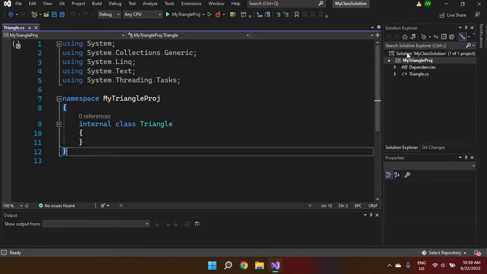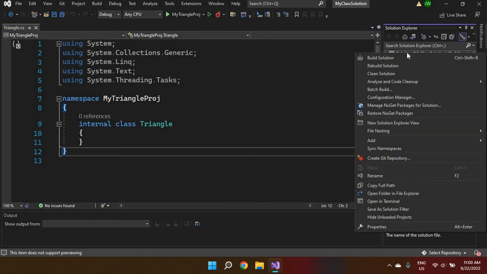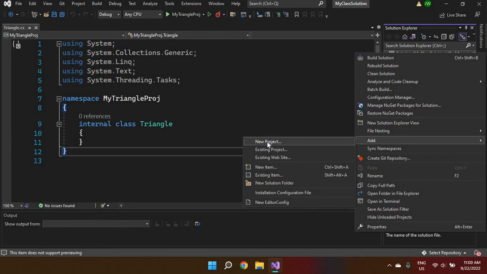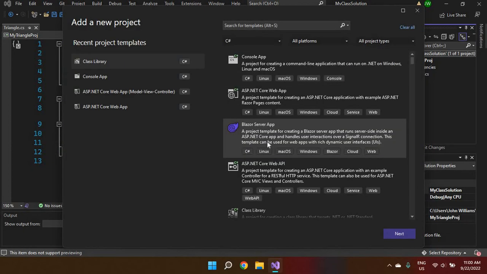I'm going to go to the solution. I'm going to right click on the solution. We're going to go to add, and we're going to add a new project. This time around, we'll be adding a console application. Now, luckily for me, it's at the top here. But if it's not at the top for you, you can just type in the search,